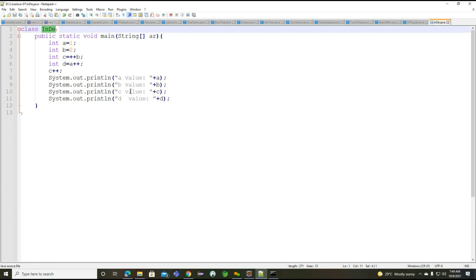Okay. So observe here how we can write here. Basically, first we'll define the values here. A value 1, B value 2, and we need to work on the C value. So what is the C value? Now you can see the C value, we are having pre-increment operator. Whenever we are having this particular pre-increment operator here, first it will increment the value, and whatever the incremented value we are having, the particular value will assign into the C. Now B value will become 3 and C value also 3.